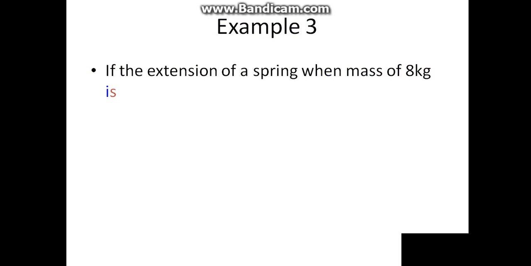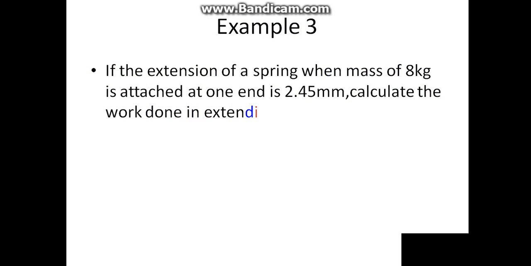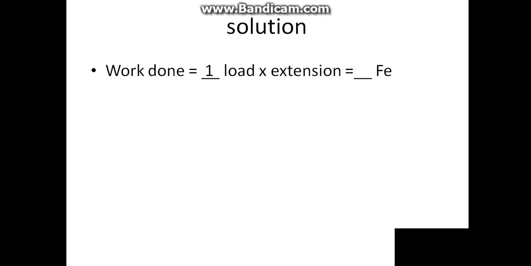Example 3. If the extension of a spring when a mass of 8 kg is attached at one end is 2.45 mm, calculate the work done in extending the spring. Solution. Work done is equal to half load times extension, which is equal to 1 over 2 Fe, which is equal to half times 8 times 10 times 0.00245, which is equal to 9.8 times